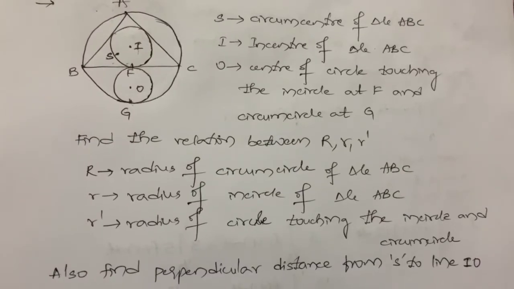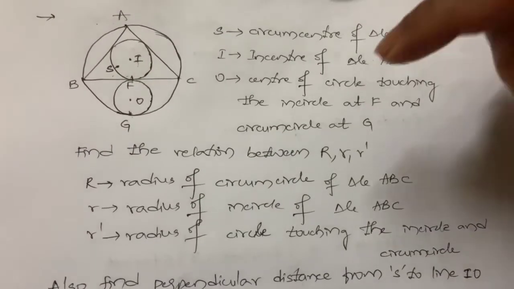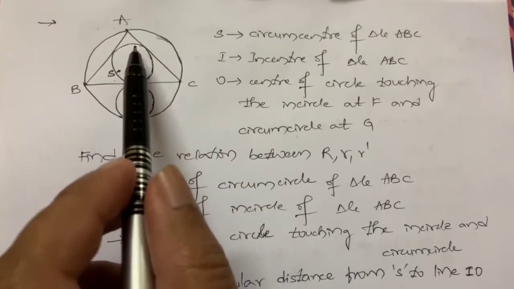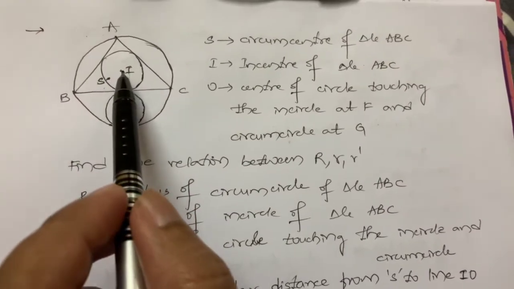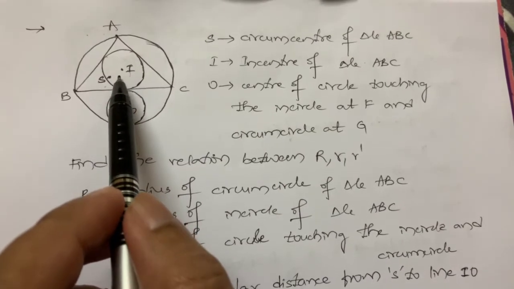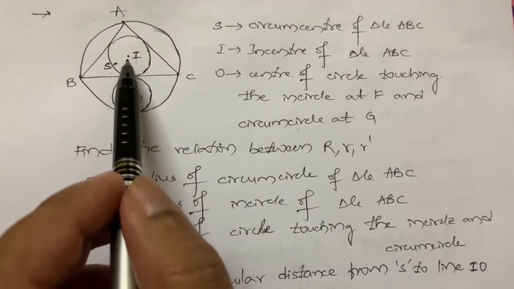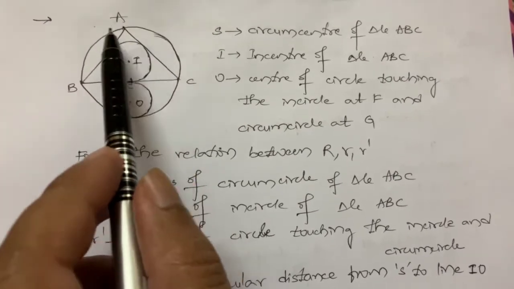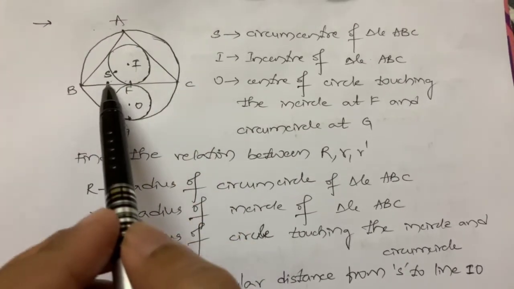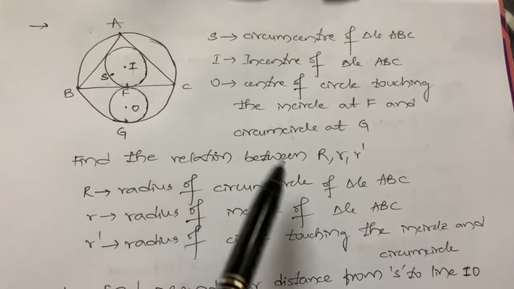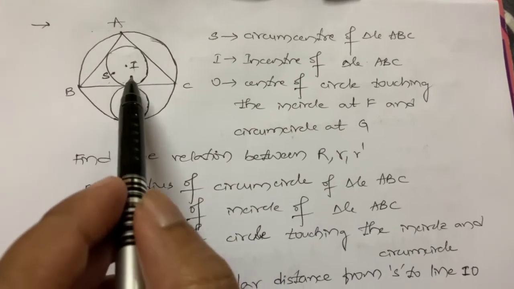Let us look at this problem. There is a triangle ABC, and inside this triangle there is an incircle whose center is I and its radius is small r. The incircle center is I, radius is small r, and it has a circumcircle whose circumcenter is S and the radius is capital R, and again